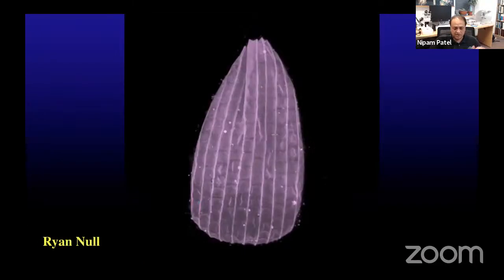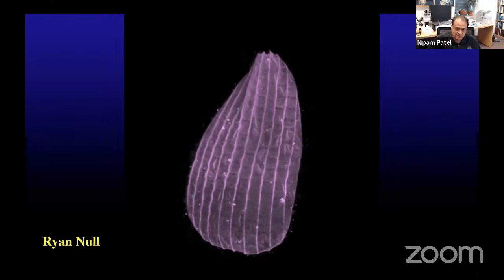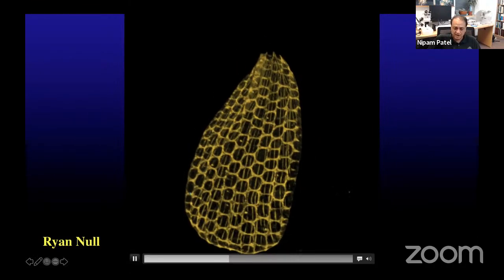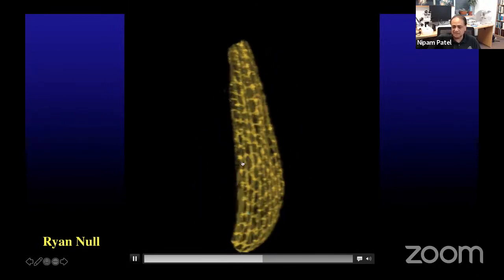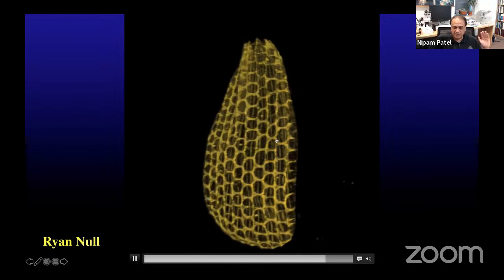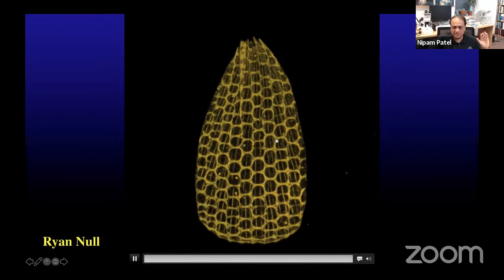So this is the membrane of one of those scales now at this stage. And what you're going to see, you can barely just see the dimples forming. But now you're going to see that the actin has been reorganized from rods into hexagons inside of this cell. And again, this is a single cell. And that reorganization only occurs on the rods on the top surface of the scale, not on the bottom. So again, it's a single cell. So these aren't a bunch of cells next to each other. This is a single cell that's taken those rods of actin and reorganized them as hexagons.